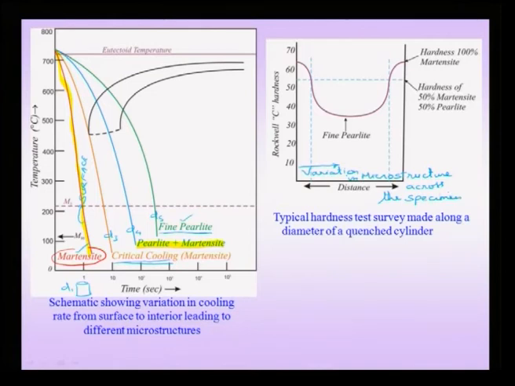And needless to say, such a variation in microstructure produces resultant changes in the hardness, for instance, and other properties. Of course, measuring other properties in individual sections may be difficult, but hardness is easy to measure. We can put an indenter on the surface, close to the surface. Suppose I made a cylinder and I quenched it. So, what I can do is that for such a cylinder, I can put an indenter at this point, close to the surface, take it slowly, put various indentations at various points, and therefore, measure the variation in hardness. And such a plot, as you have seen before, shows that the hardness falls from the surface towards the